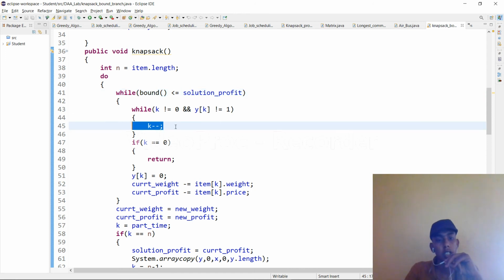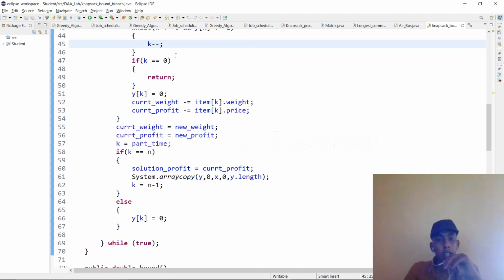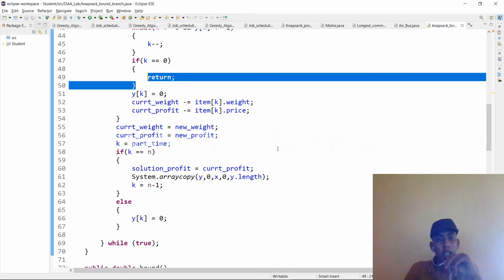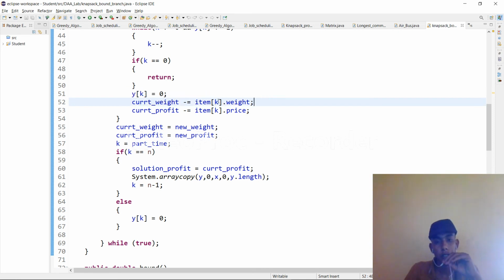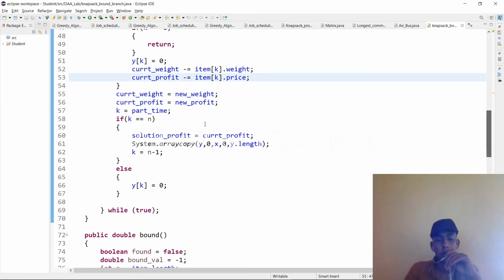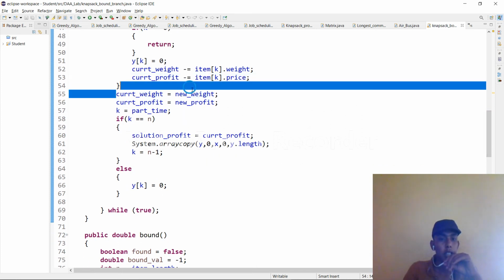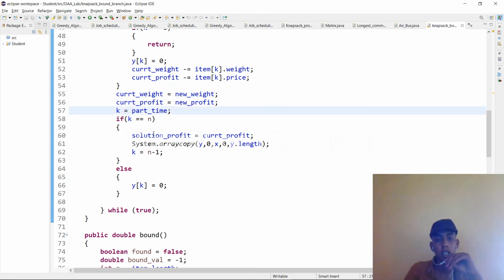Then it will decrement k, and if k equals 0 it will return the value, and it makes y of k equal to 0, and current weight is reduced by the item's weight, and current profit by the item's price. In that way the current weight and profit decrement for that item. Next, current weight equal to new weight, and current profit equal to new profit.